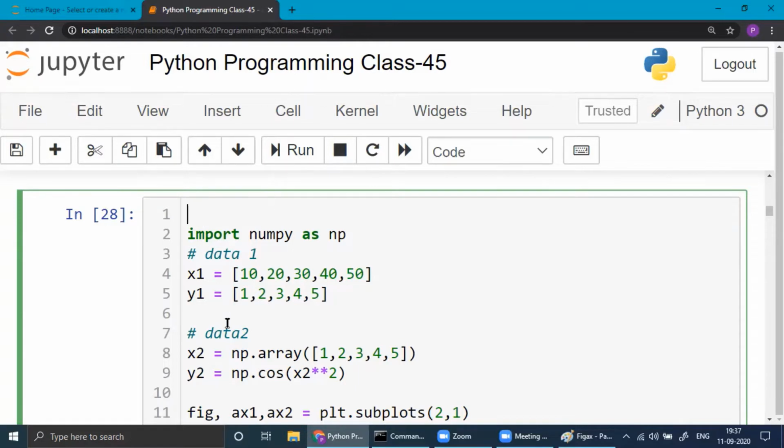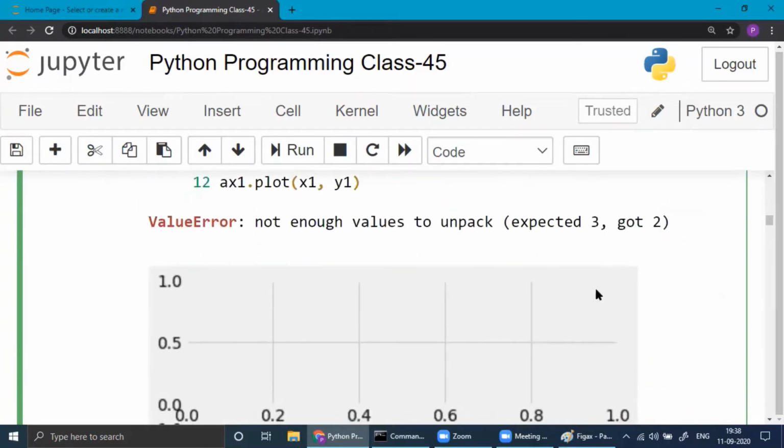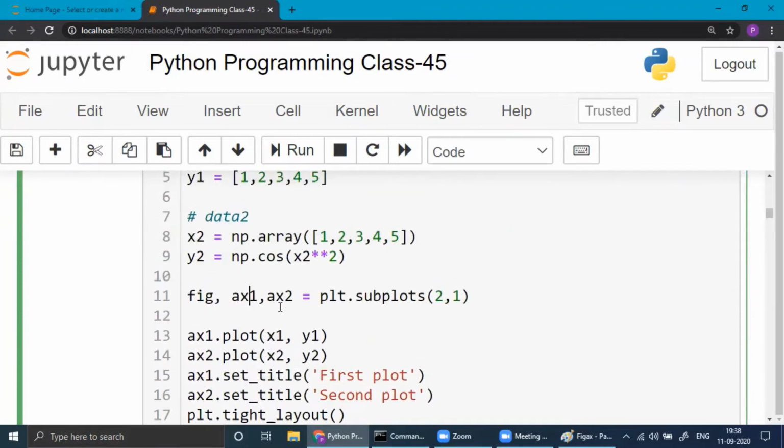Whatever you get in return, this one will give you two objects. So unpacking means you have to get one each. So what it says is, expected 3, but we got 2.